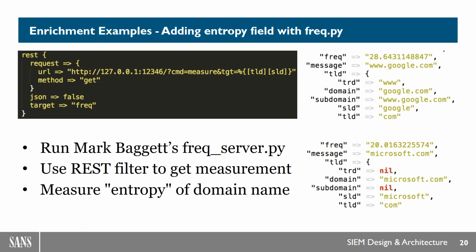Here's a more advanced example, and this is something that Justin gets into in 555. Entropy. Mark Baggett has written a Python-based server application called freq.py, and it is something that's really interesting. It can take a body of text and look at the statistics of word and letter breakdown, and then it will learn from that, and then you can feed it a piece of text, and it will tell you how well what you've given it matches that corpus